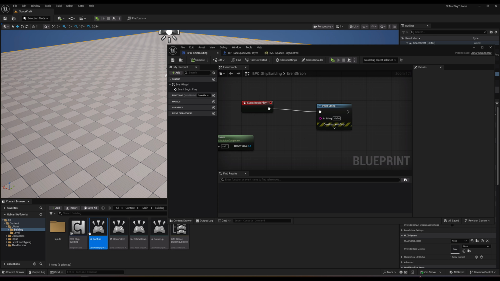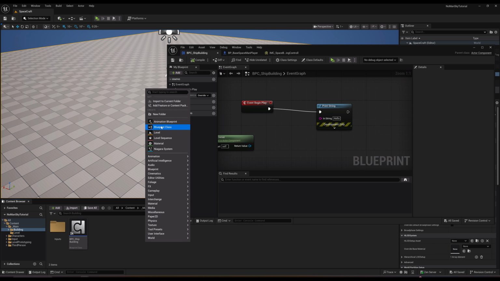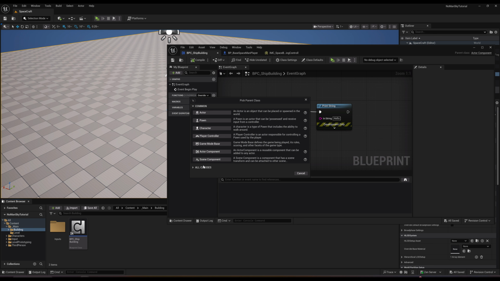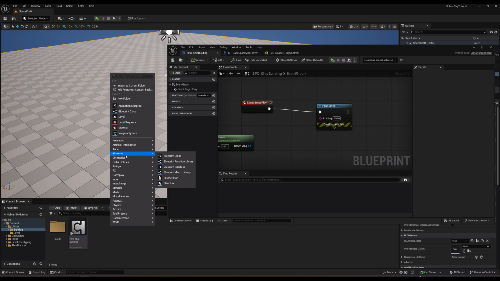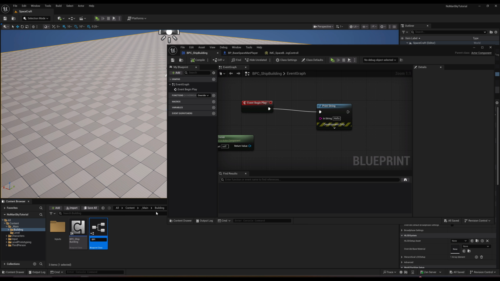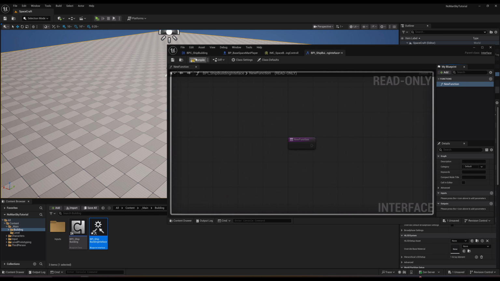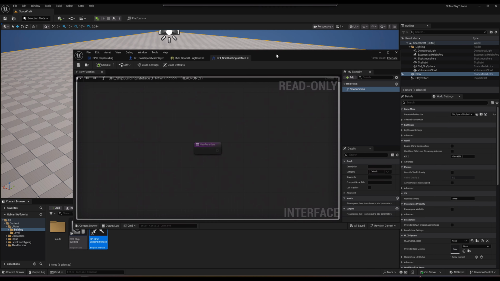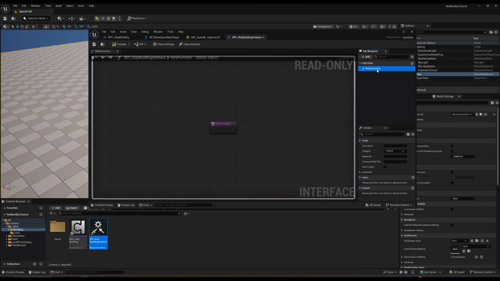I'm just going to move all those inputs right to this folder, and I'm going to create here a blueprint class, a blueprint interface, and I'm going to call this BPI ship building interface. All right, now on this interface,